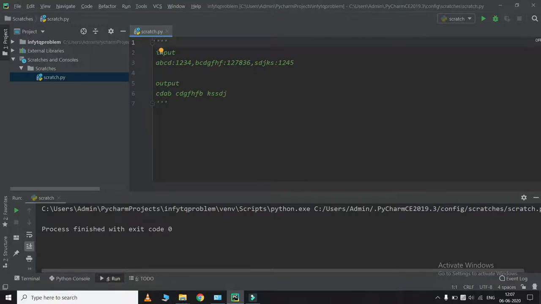So today we are going to see one problem which was asked in a previous InfyTQ exam. The problem statement is very simple. This is how the input is given in the form of a dictionary where a string is given with numbers, and there will be many such dictionary keys, and output is given of keys where the sum of all digits